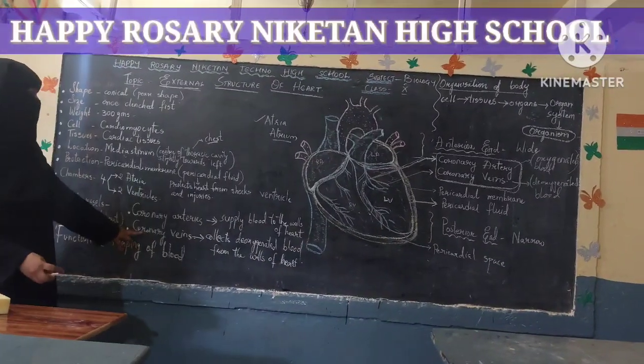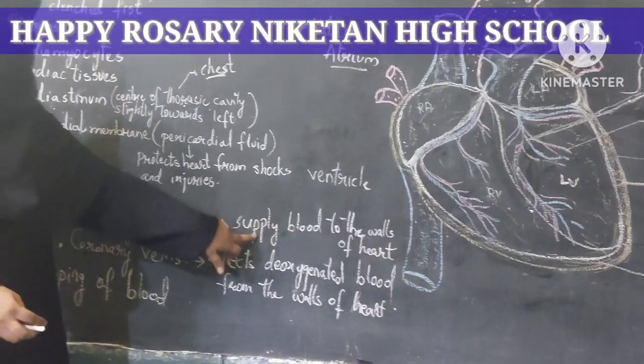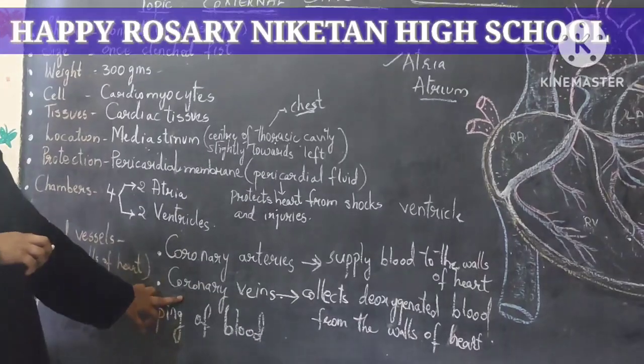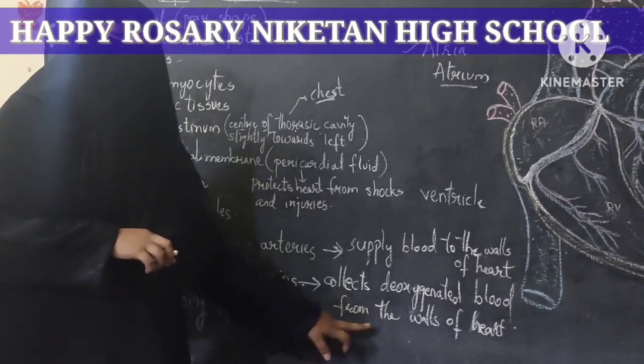So the function of coronary artery is to supply blood. Which kind of blood, children? It is oxygenated blood to the walls of heart, and coronary veins always collect the deoxygenated blood from the walls